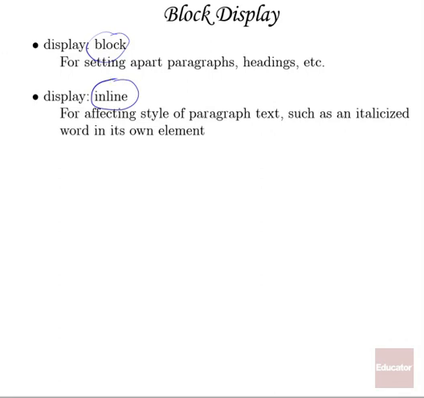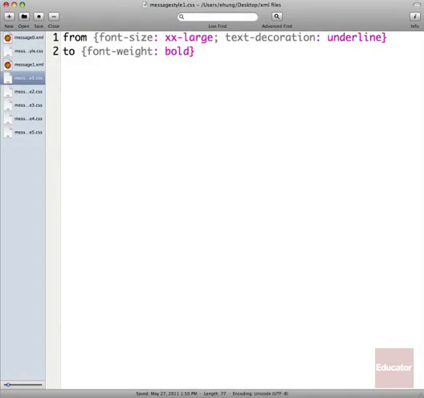So what we'd like to do then is apply some block display to the elements on our page. Let's take a look at how that works. All of the message.xml files that are included are all pretty much the same file, but each one of them pulls in the next numbered style sheet. So let's look at